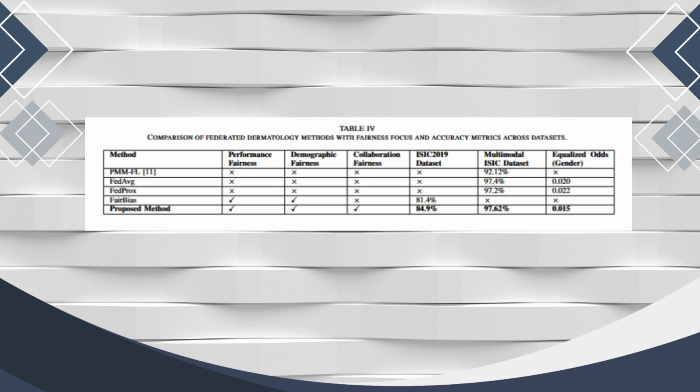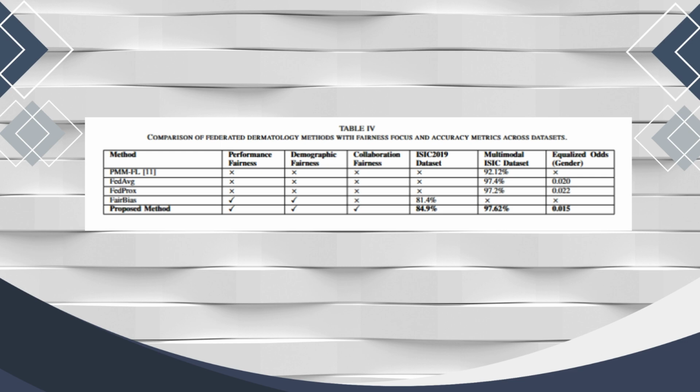Now coming to equalized odds and the multimodal ISIC dataset and all the other methods that are there. Using the four methods that are there, either they don't have all the metrics, or their accuracy is not high enough. Now, our proposed method has all the metrics, and our accuracy is higher, and we have tested it on two datasets, and equalized odds is also there. Equalized odds is basically how accurate predictions are across each demographic group, and over gender. The lower is the better,